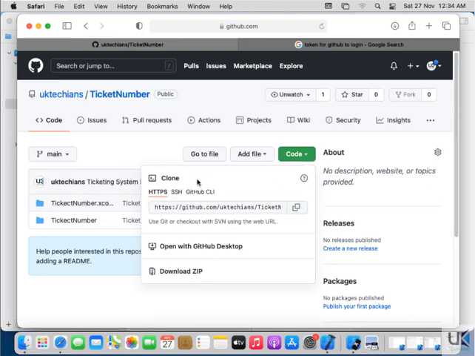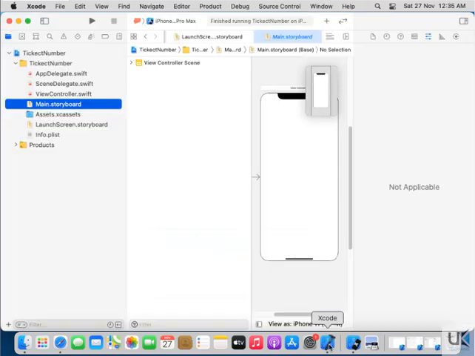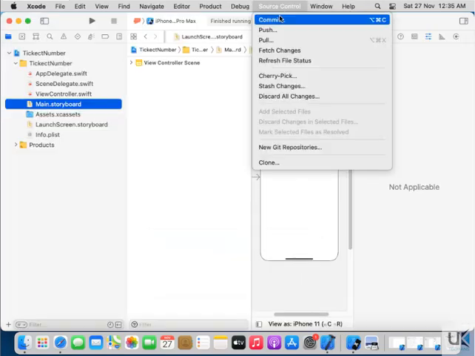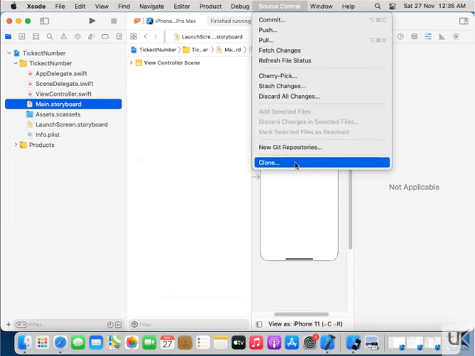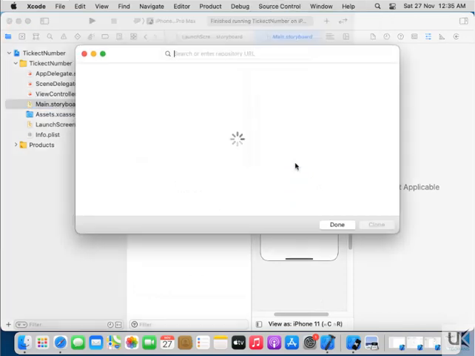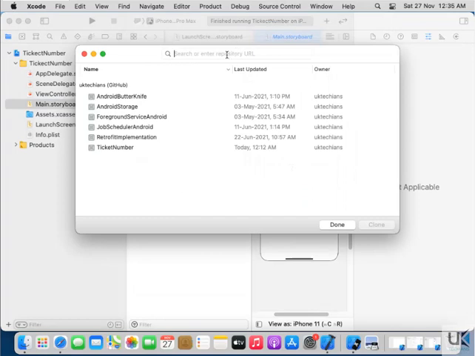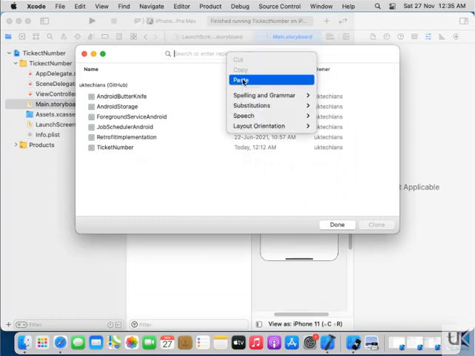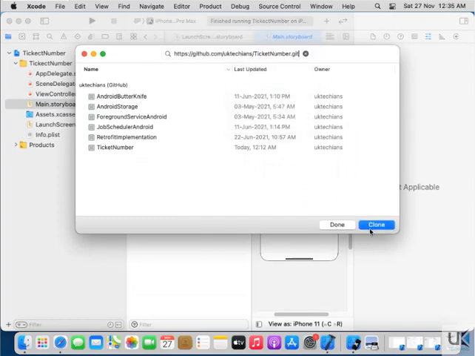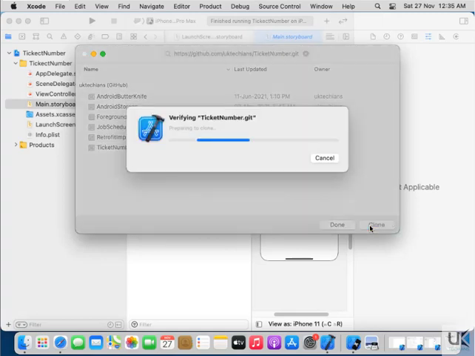The window shows the option of cloning. You have to copy this and go to Xcode again, go to Source Control and here Clone.